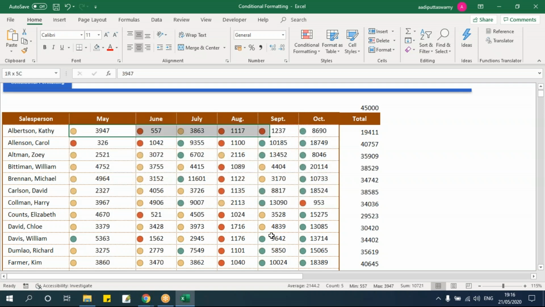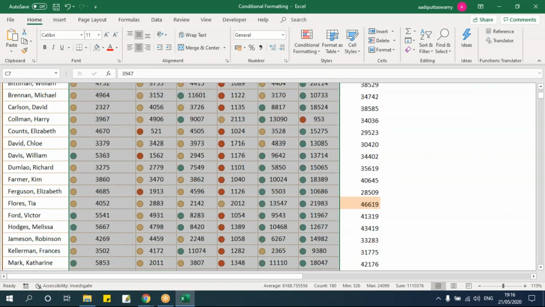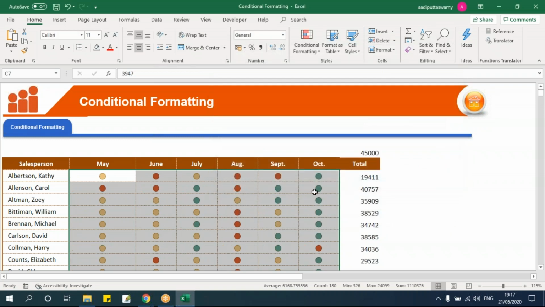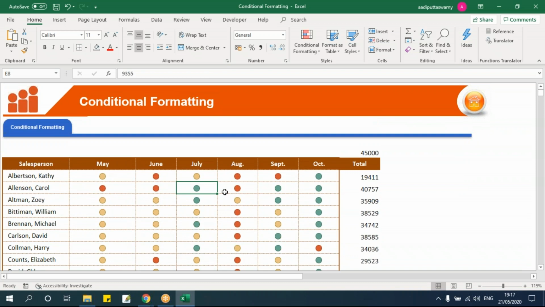So let me just select the complete table here, conditional formatting. I'll say manage rule and edit. Here I have something called show icons only. Select this and say OK. I can see only the icons here, not the values. This is only to hide the values, not to delete the values.